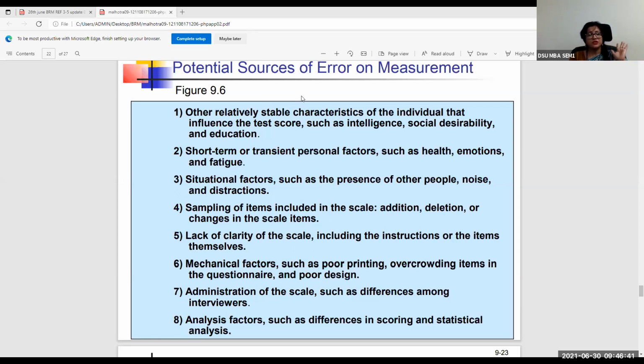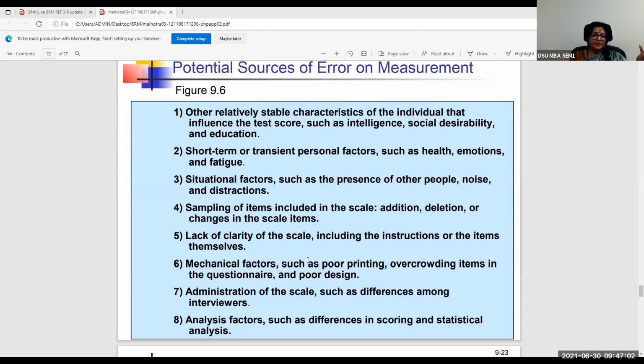So interviewers should not pose to be a source of error also. All right, so there should be that kind of clarity. How do you handle that? Researchers must ensure that interviewers who will be involved in the study must necessarily be appropriately trained to handle and administer the survey. All right.